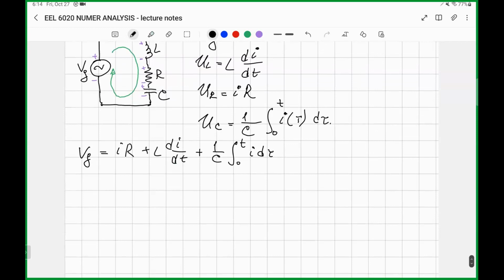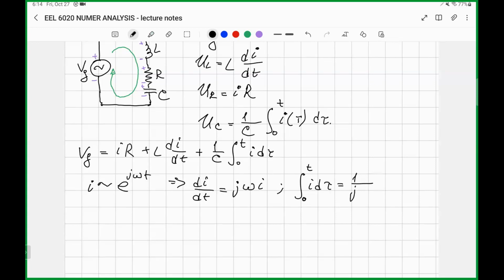So now I assume that the current is a harmonic function, e^{jωt}, right? So the time derivative of such a current will be given by jω times the current, and the integral of this current is going to be 1 over jω times the current. Okay,